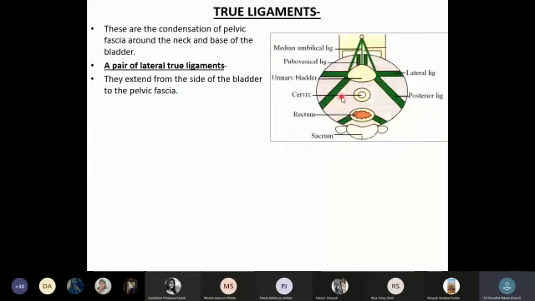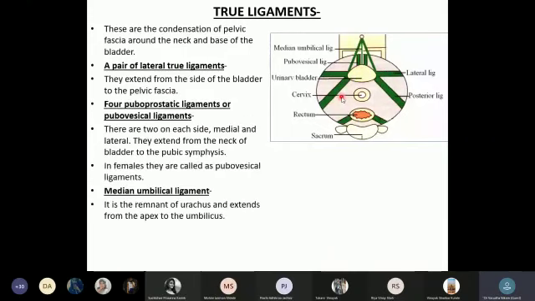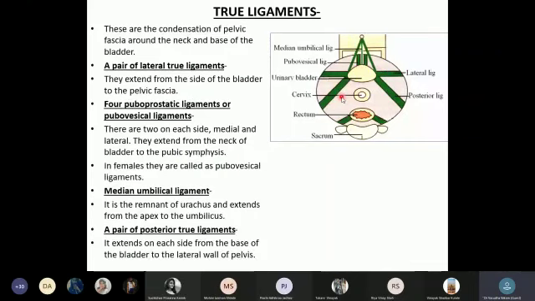Now, normally the bladder has a tendency to change its position when it is filled by urine. So it will be anchored with the help of thickenings of connective tissue bands, or parametric tissue, which is a condensation of the muscle fibers as well as the pelvic fascias in the pelvic cavity. So all these ligaments will try to keep the bladder in position whatever the distension. These ligaments are called the true ligaments because they come from the parametric tissue. When there are folds coming from peritoneum, they are called false ligaments. So we are going to deal only with the true ligaments.